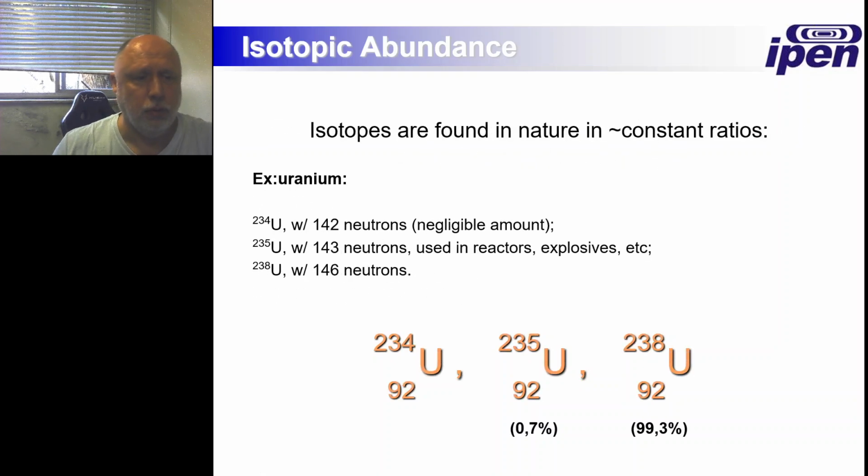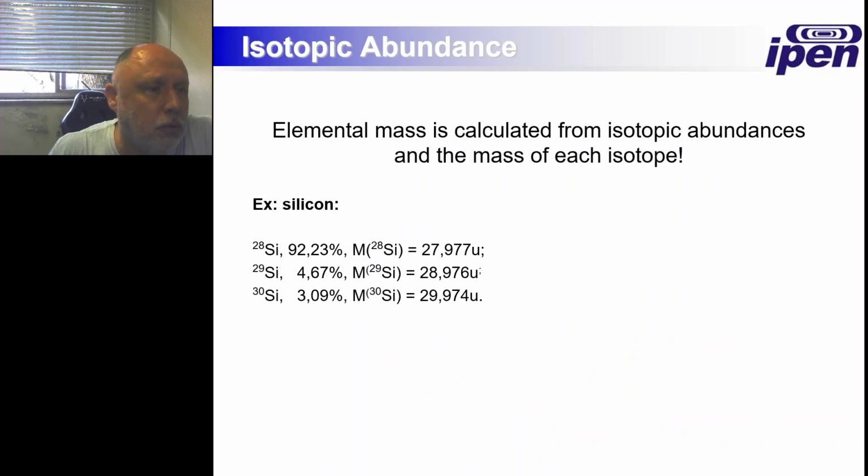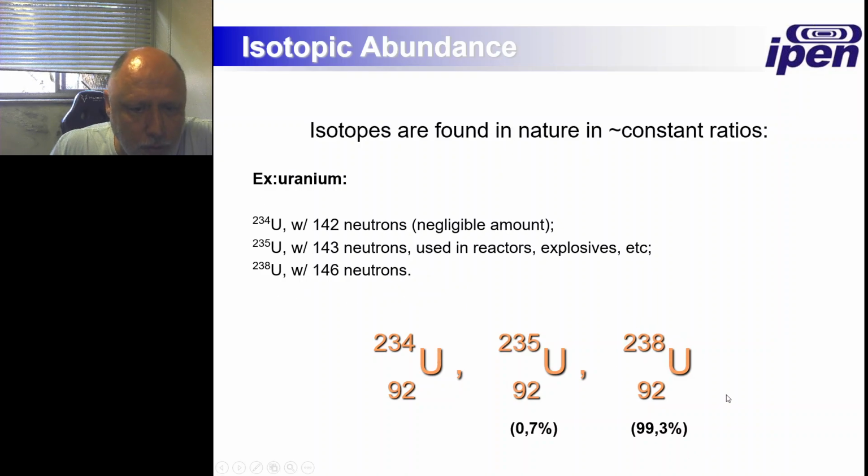And this should be true in Brazil, in Nigeria, in Korea, or at the bottom of the ocean. It's essentially the same. The differences we might find are on a smaller scale than this, better than 0.1%, right? So, then we have what we call isotopic abundance, right? That's it. The isotopic abundance of uranium-238 is 99.3%, of 235, 0.7%.